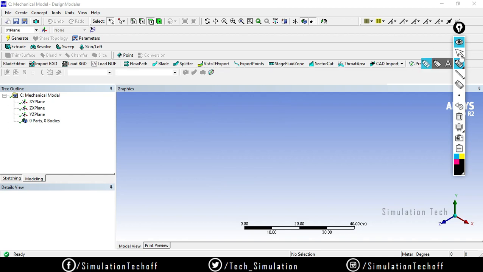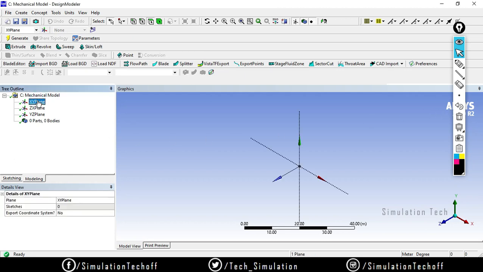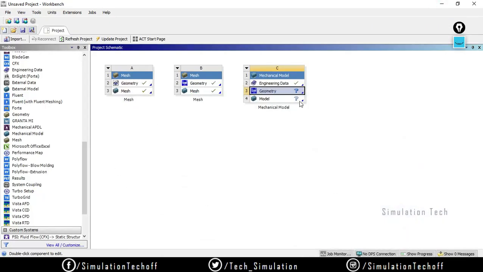When do we take the mesh component and the mechanical model component? Now you have taken a mechanical model component. It doesn't make any difference. Engineering data is added in this, right? Yes, engineering data is added. You can use it for some analysis, but you can't view the results at all. For that you need a results environment. For now I use a mechanical model, which includes engineering data.